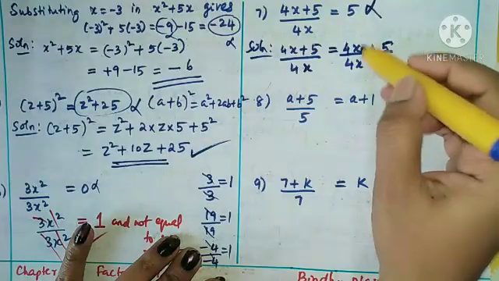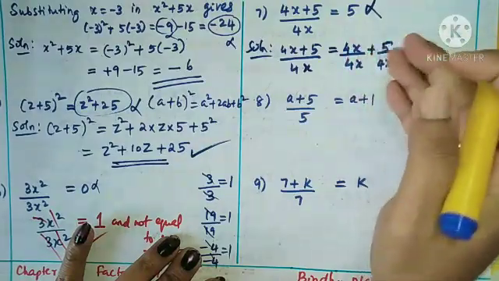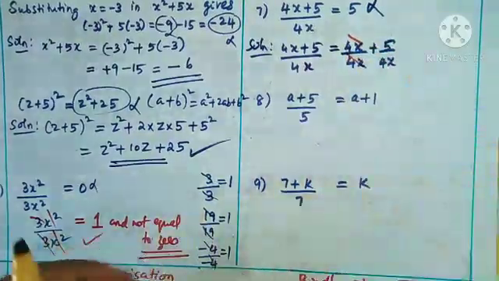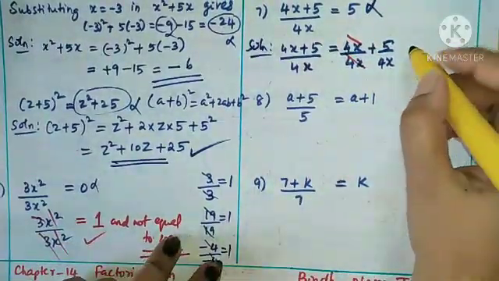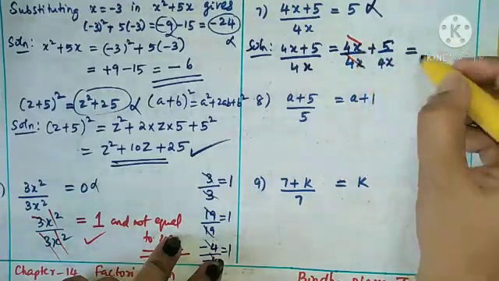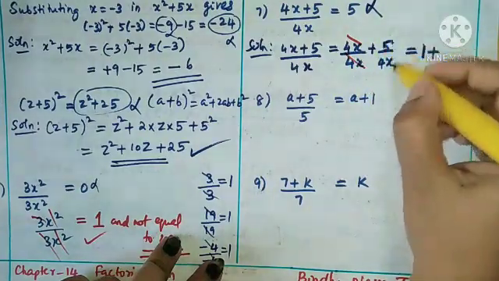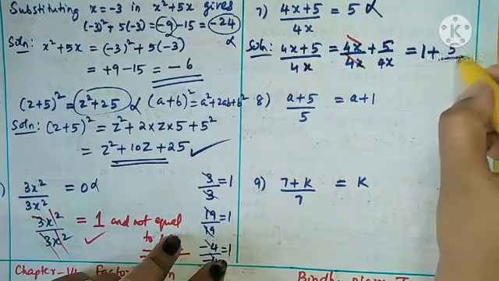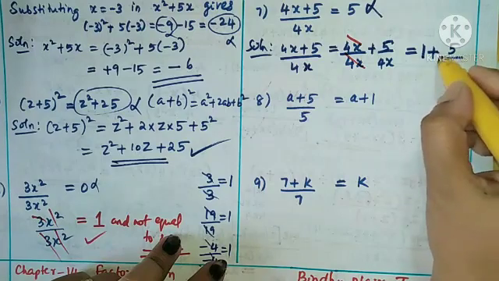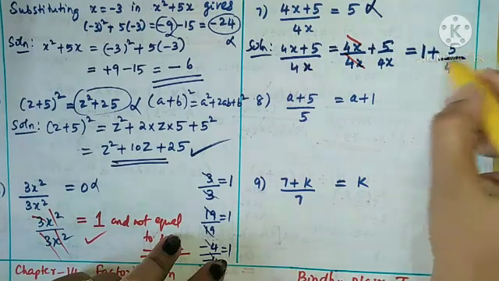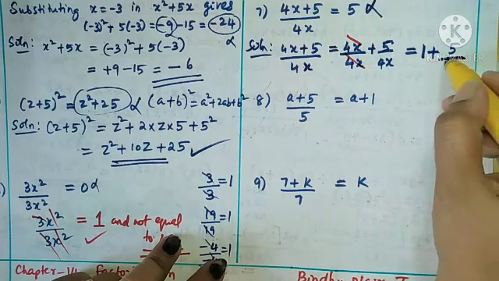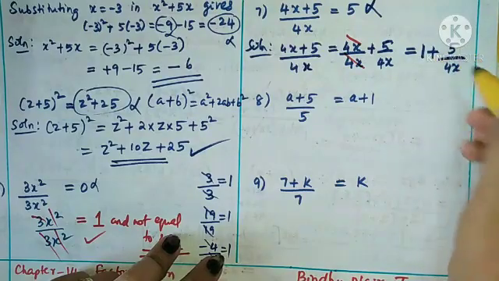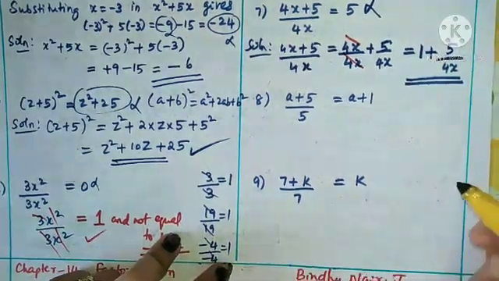Now you see these are separated, so that we can cancel now. This 4x and 4x we can cancel easily. So 4x by 4x is cancelled, meaning in that place 1 plus, and here we cannot do cancellation, so it is 5 by 4x. And don't put this line for these two terms; it comes for 5 only. 1 is separate. So 1 plus 5 by 4x is the required answer.